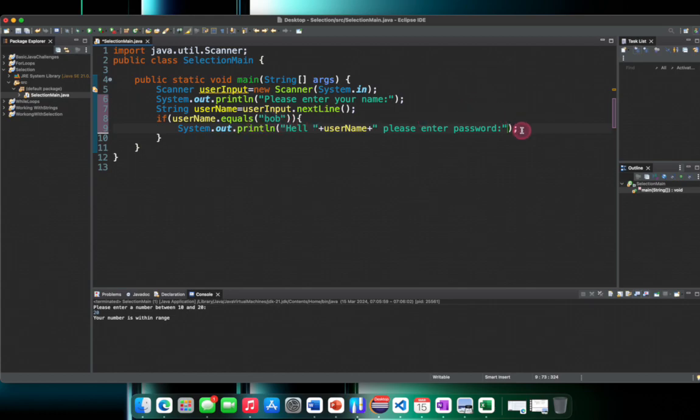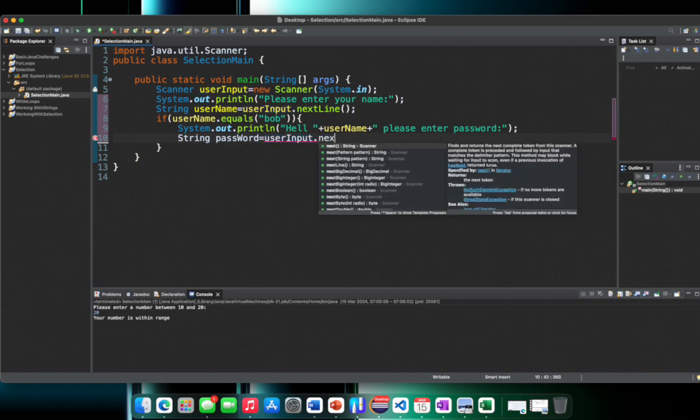Okay then, and obviously I'm going to have another scanner here, so it's going to be string again, and let's just call this password and make it equal to user input dot next line,